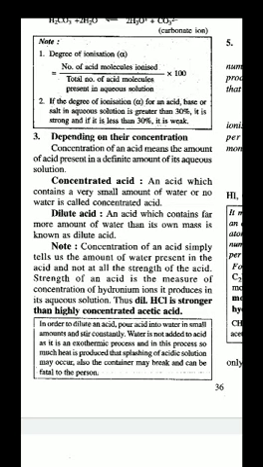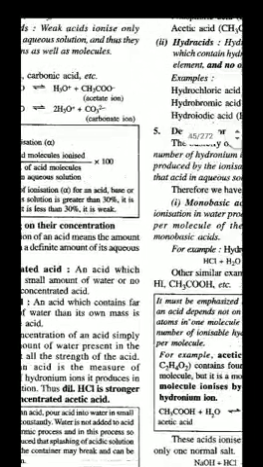Concentration of an acid simply tells us the amount of water present in the acid, not the strength of the acid. Children, don't be confused between strong acid and concentrated acid. Strong acid is fixed by its degree of ionization. We have three strong acids: hydrochloric acid, nitric acid and sulfuric acid. They do not depend on concentration, the amount of acid. They depend only on the amount of H+ ion donated. But concentrated acids depend on the amount of water.